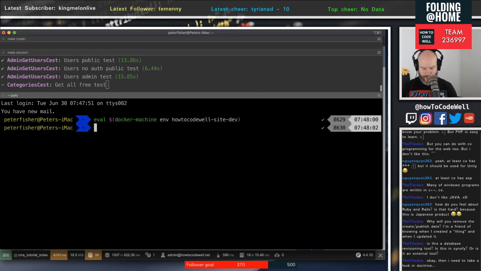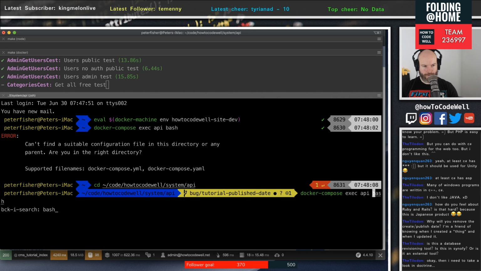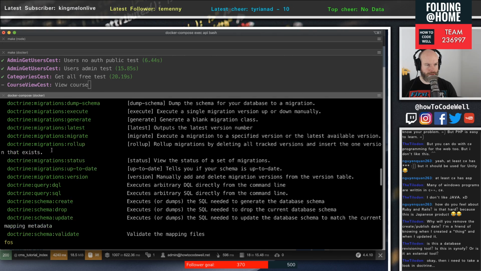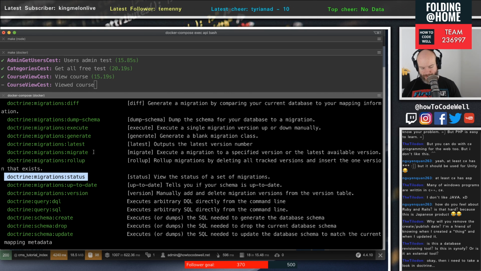If we did a bash into the API again. Oh, I need to be in the directory, don't I? Of course. Do a bash, and then if I did a docker, if I did a bin console, these are all the commands that you can run with this Doctrine tool. So doctrine migrations dump, that's dumping the schema. You can execute a single migration. You can generate a migration, so that's just generating a migration file. This gets the latest. This is pretty cool. The status, if I was to run that,